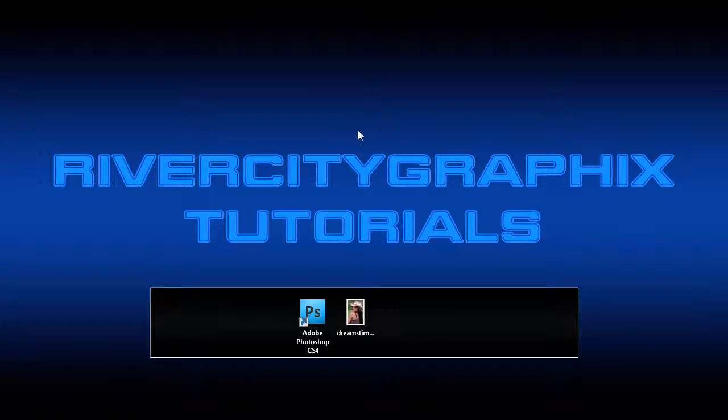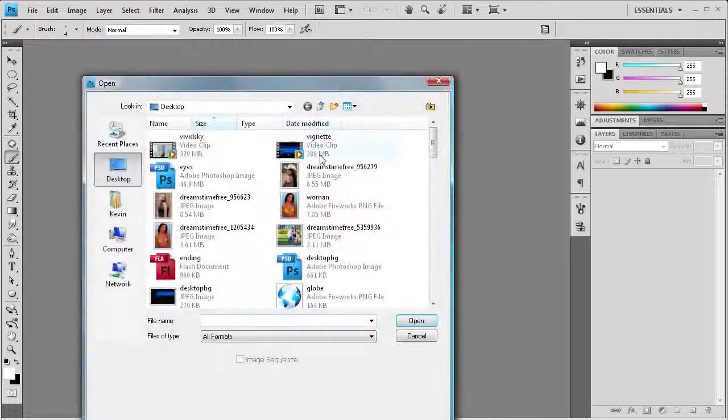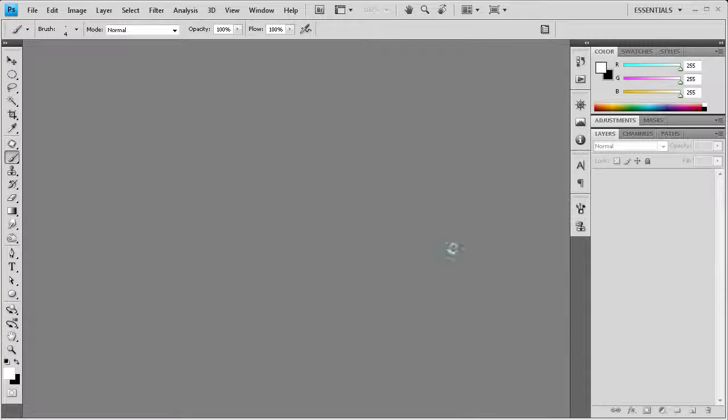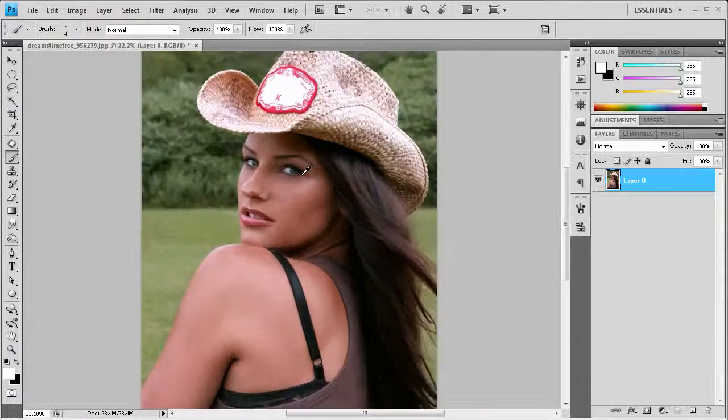Today I'm going to be showing you how to create enhanced eyes within Photoshop. So to get started, we're going to open up Photoshop. Then I'm going to open up the image for today's tutorial. Now I'm going to double click the background layer to make it workable, and we're going to zoom in onto